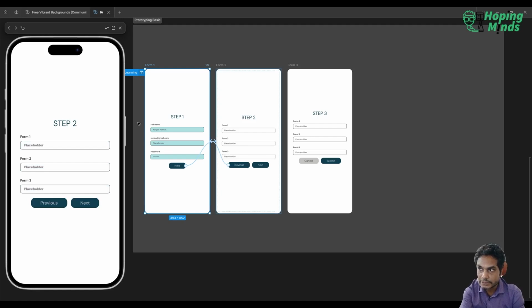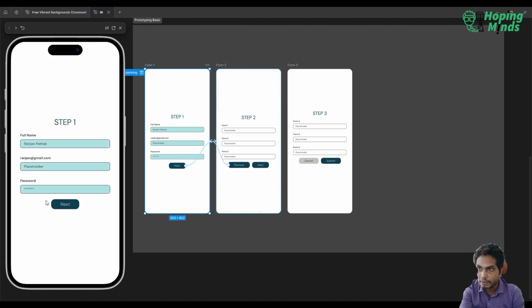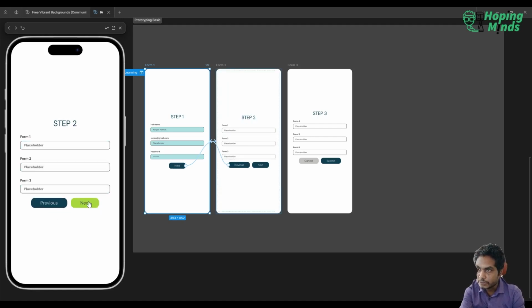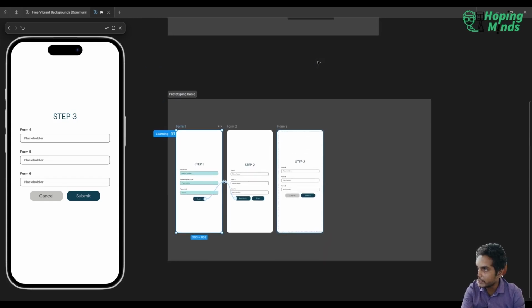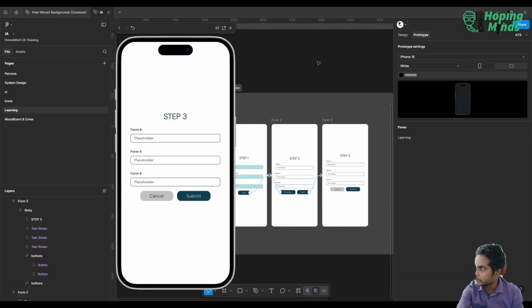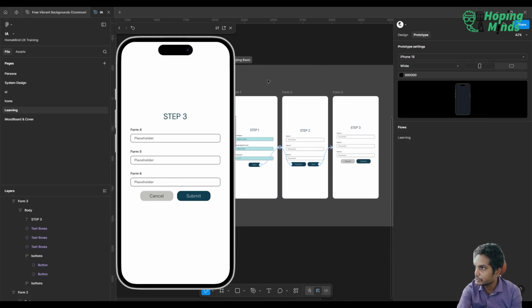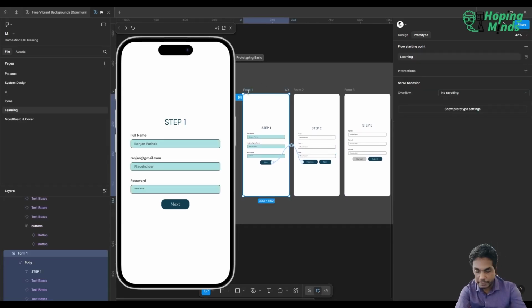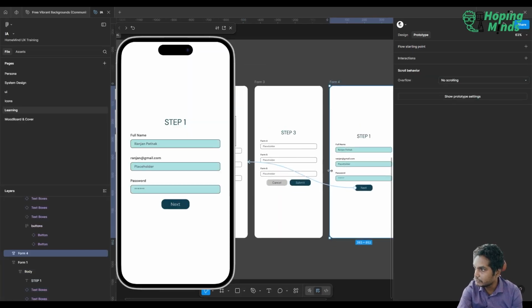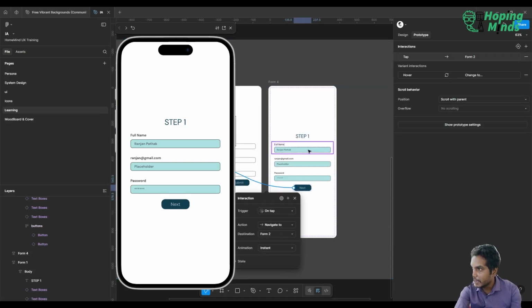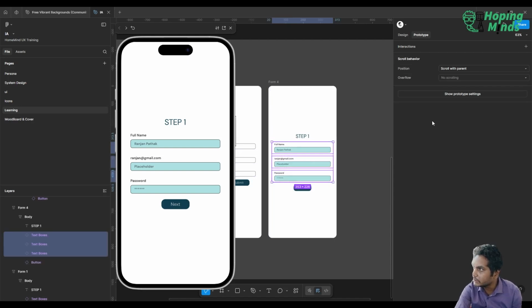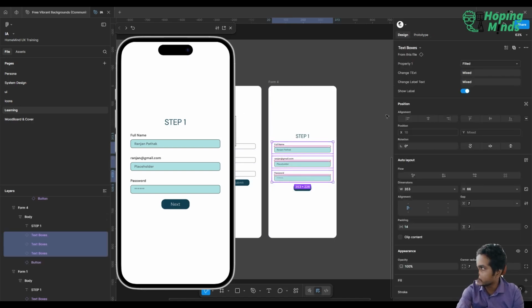And if you click on next, it will come to the next page, and if you click on previous, it will go back, and if you keep clicking on next, it will keep going to the next page. And if you cancel, let's say we create one more parameter, which is what should cancel do? So it should be a repetition of form 1 itself, and okay, this should go back there. And let's remove all this information. Let's go back to design and let's reset them,